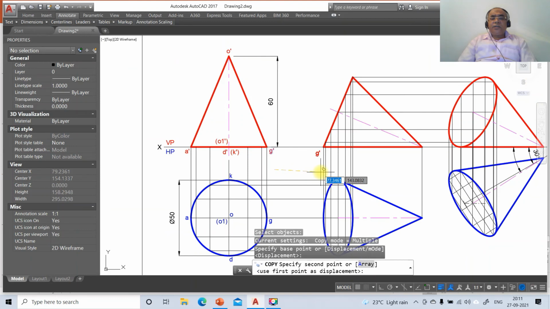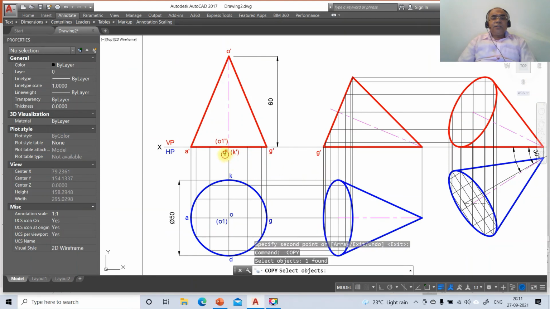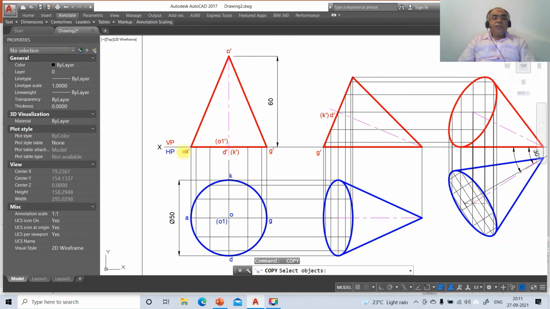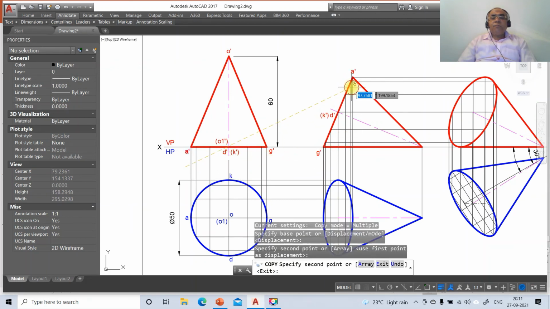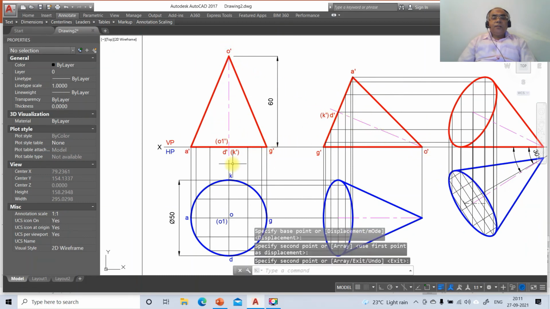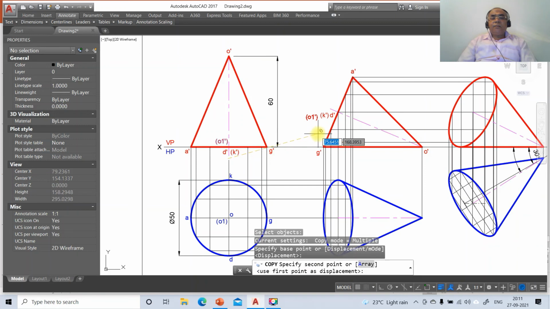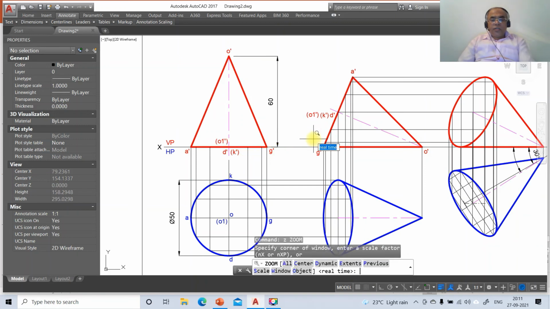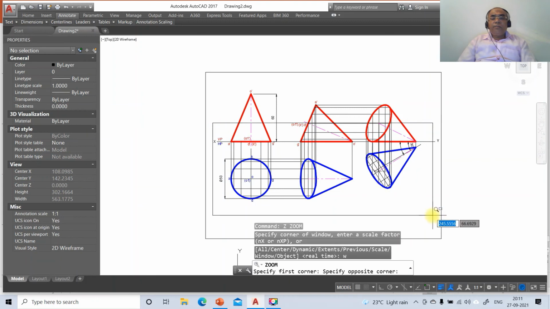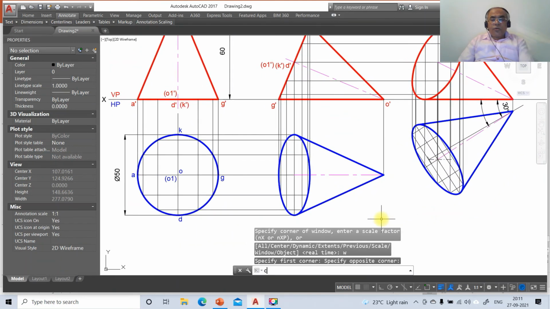Take this G dash, this G dash, this K dash, then make this K dash, then keep this O dash here, then O1 dash here. Once you do that, go to zoom previous, then go to zoom window, then copy this